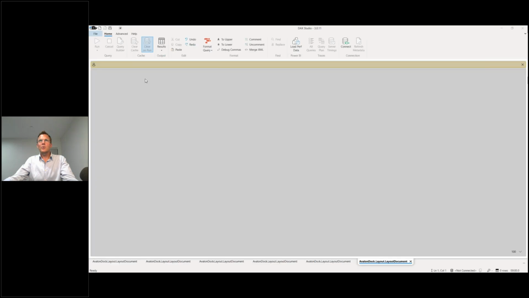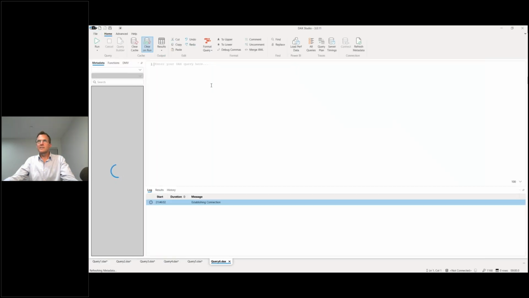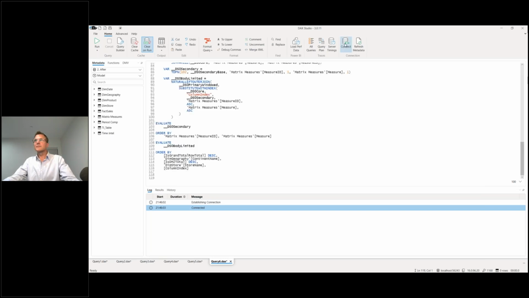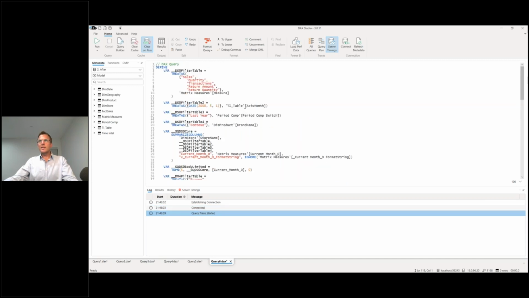So as a new query to the server timings. Okay, so we're using the D measures, but now we're using a slice on the